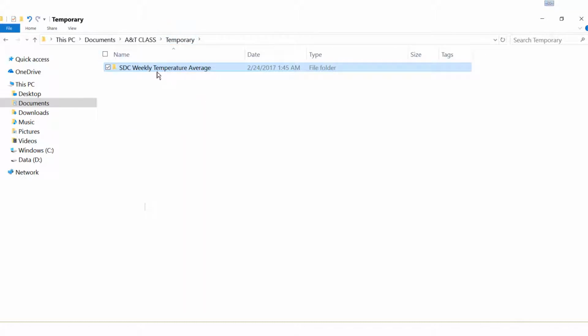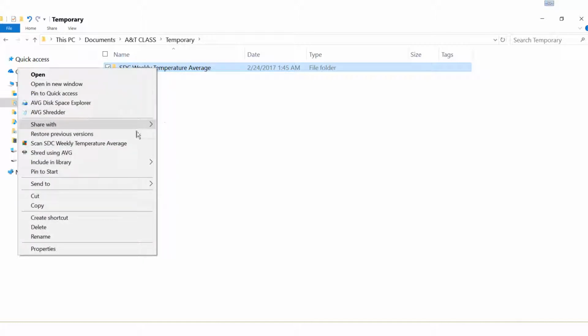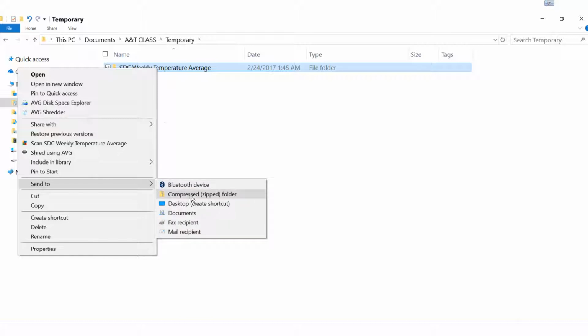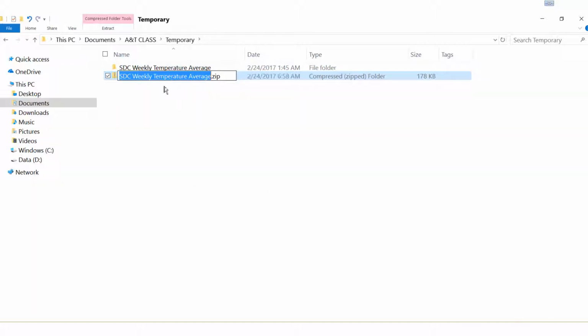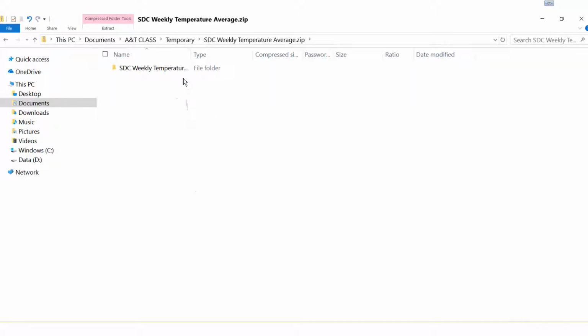Okay, don't send just a solution file. Everything has to be inside of this root folder. So right click on it, go to Send To and Compressed. You can just leave the name of the folder the same. And notice that if you open the zipped folder, be very careful. Try not to go in and use that one in order to edit your program, because it says extract here, and you have to extract it before you can use it.